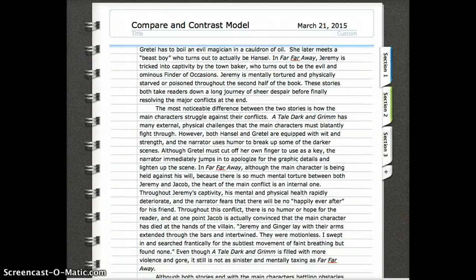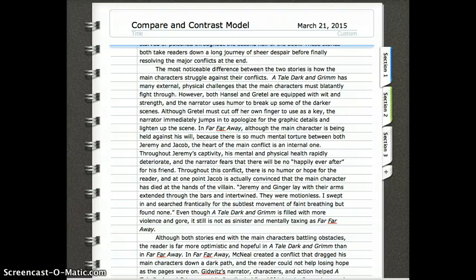end. The most noticeable difference between the two stories is how the main characters struggle against their conflicts. A Tale Dark and Grim has many external, physical challenges that the main characters must blatantly fight through. However, both Hansel and Gretel are equipped with wit and strength, and the narrator uses humor to break up some of the darker scenes. Although Gretel must cut off her own finger to use as a key, the narrator immediately jumps in to apologize for the graphic details and lighten up the scene. In Far, Far Away, although the main character is being held against his will,